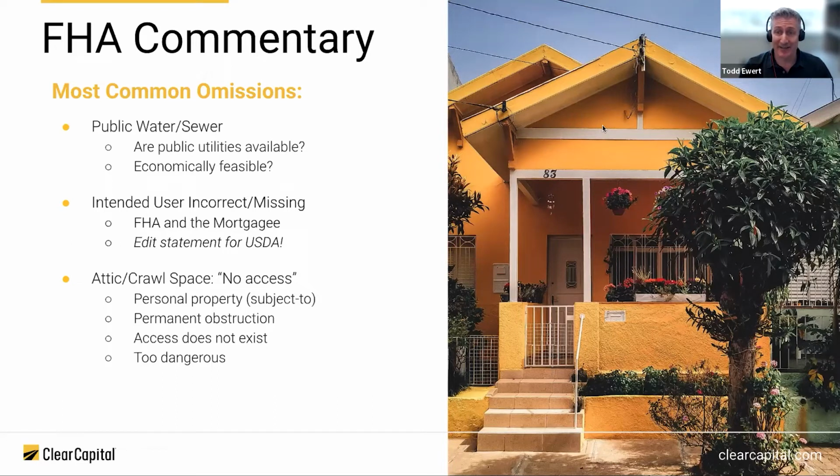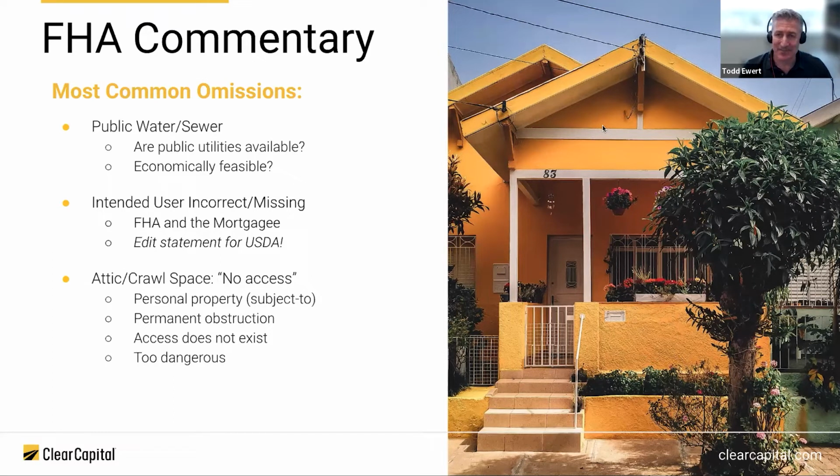So it's highly recommended that if you have a template specifically set aside for FHA reports, that you contain that statement within the template. We've also seen several revisions for appraisers completing USDA reports where it appears that perhaps the FHA template is also being used for their USDA reports, and the intended user statement is not being changed from USDA to FHA. So a reminder there to go ahead and change that intended user or have a new template